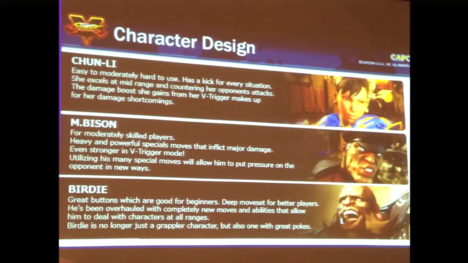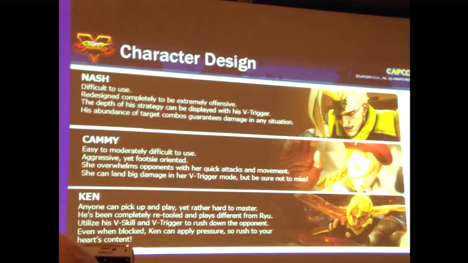Gets a damage boost from V trigger. Bison, just hitting blows. Birdie has good pokes, good buttons, and he has options that he can do. Nash, he's very much a setup character. Cammy, more the same out of everybody, but you activate her V trigger and she can just do more of the same. Ken,